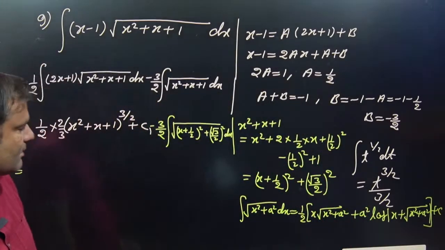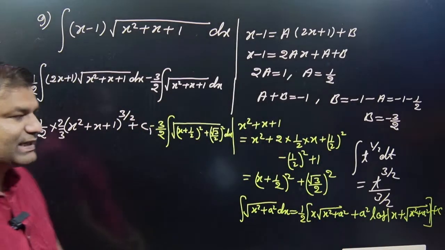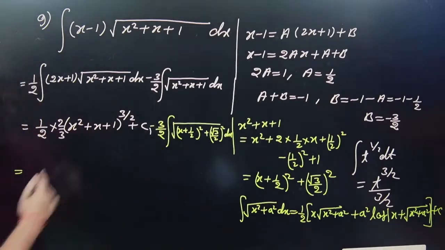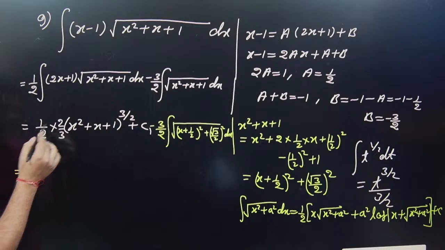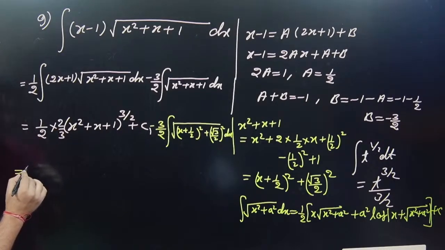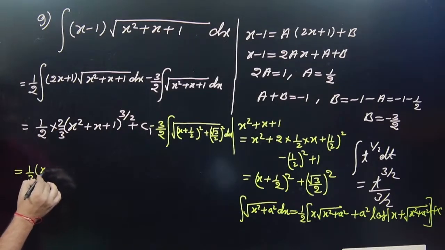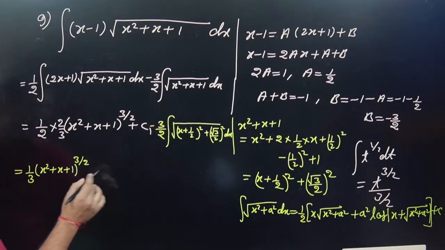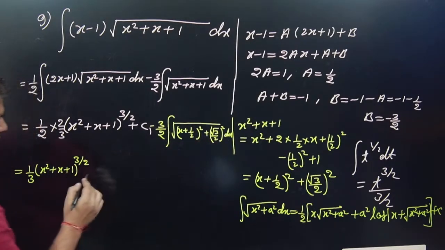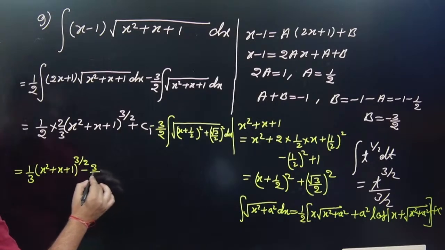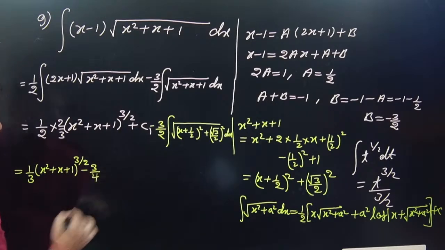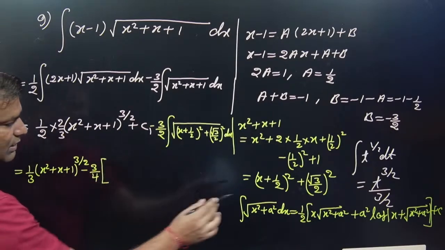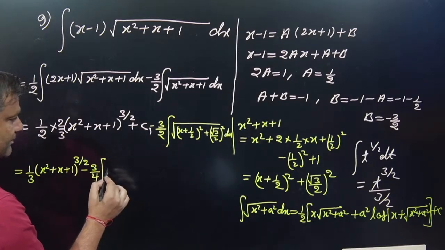Okay, so x basically is how much? x is x plus half. So you can say that is 1 by 2 into 2, these 2 are cancelled, so 1 by 3 into x square plus x plus 1 to the whole power 3 by 2. Okay, now what about that value? Simply 3 by 2 into 1 by 2, so 3 by 4. Okay, minus 3 by 4 into x, basically x plus half